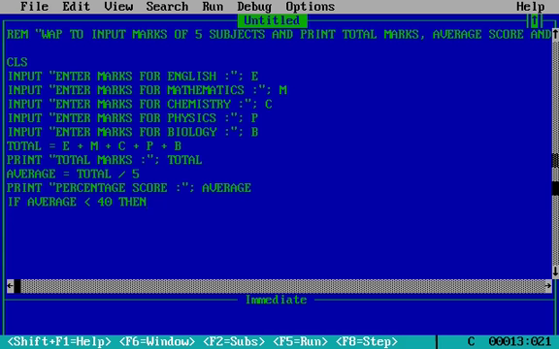Now what we do is we find out the grades. So if average is less than 40, then what we want to do? Print student has failed. Okay, this if statement is okay. Else if, now we go to the second condition. So the first condition is if the average score is less than 40, then we have to print this because the student is failed. Now if the average score is greater than 40